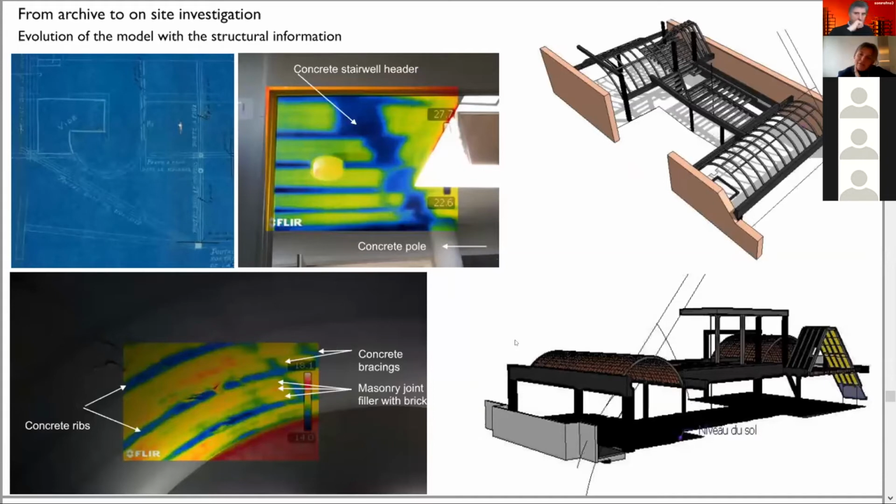And the first step of the construction of the 3D model was to check and to verify the archive documents and the archive survey with the in-situ investigation, mostly using IR camera, infrared instruments, in order to make this passage from archive to on-site investigation and then to the model. We also verified all the geometry linked with the urban rules, which were the rules that Le Corbusier had to respect